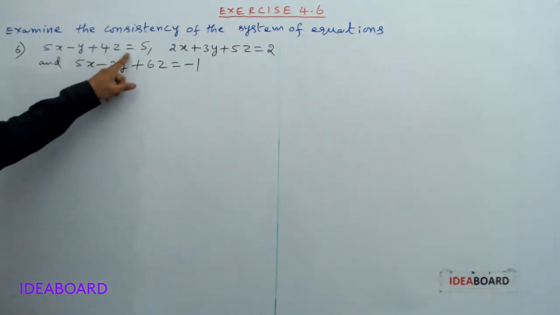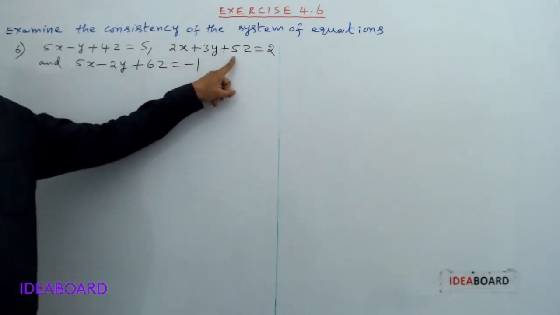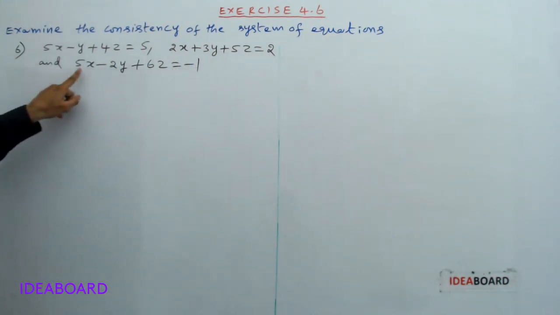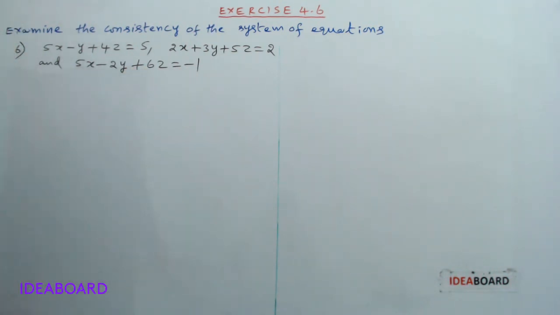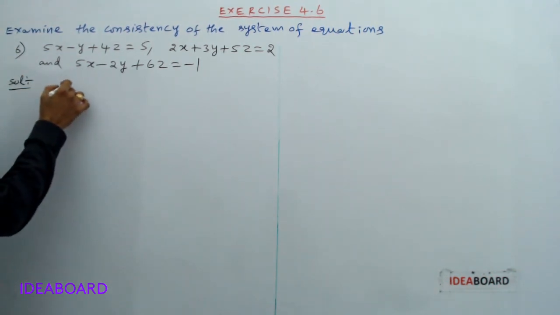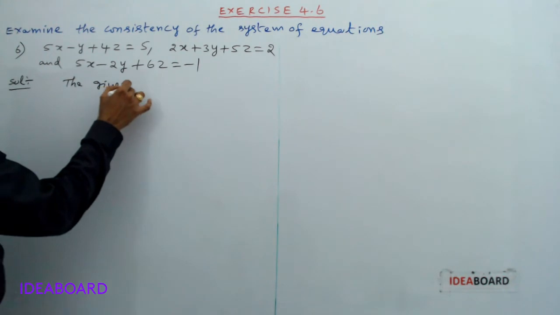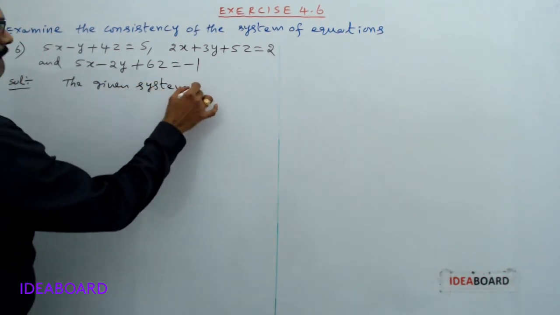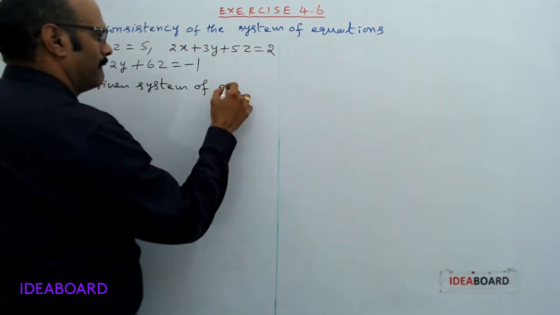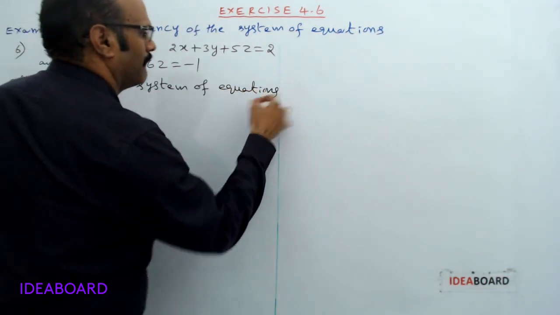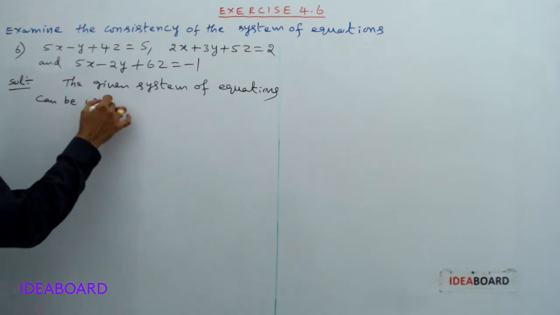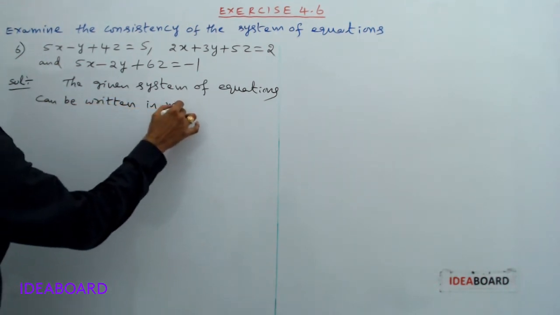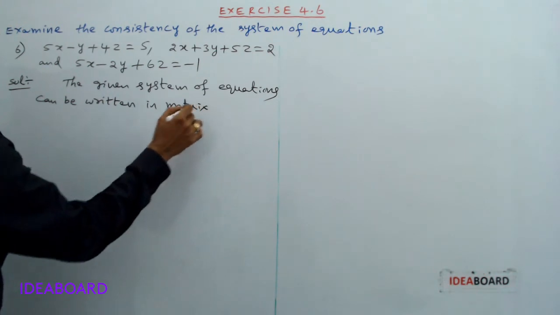5x minus y plus 4z equal to 5, 2x plus 3y plus 5z equal to 2, and 5x minus 2y plus 6z equal to minus 1. First we have to write the matrix form. The given system of equations can be written in matrix form as